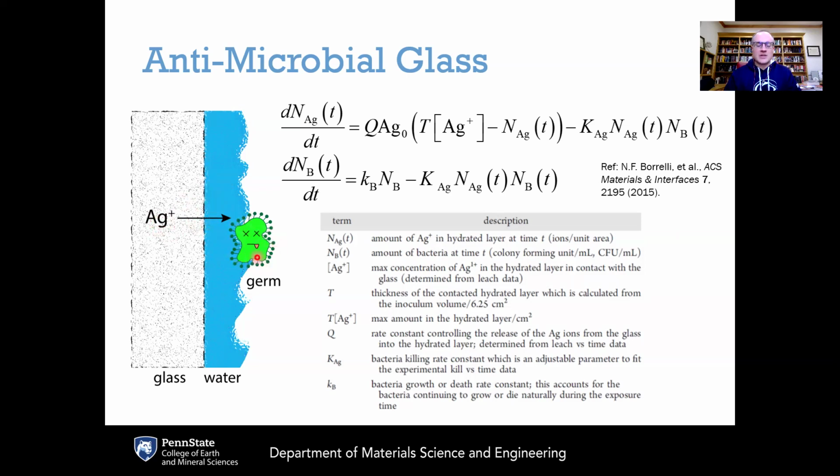And if there is some sort of microbe on the surface of the glass, the silver ion is toxic to the microbe, so it can diffuse out of the glass and into the germ, thereby killing the germ. And where this is really helpful is in reducing the spread of secondary infections. So if you've got, say, touch screens that are communal, like, for example, touch screens that are used on ATMs where a lot of people are touching it, this is able to kill the germs that people may leave